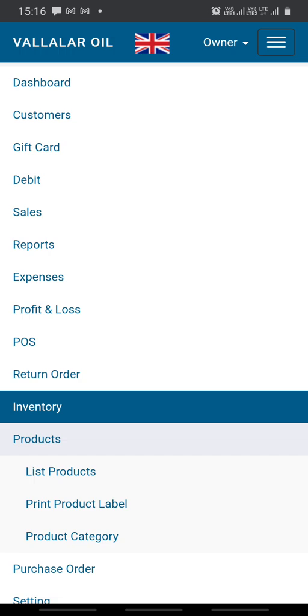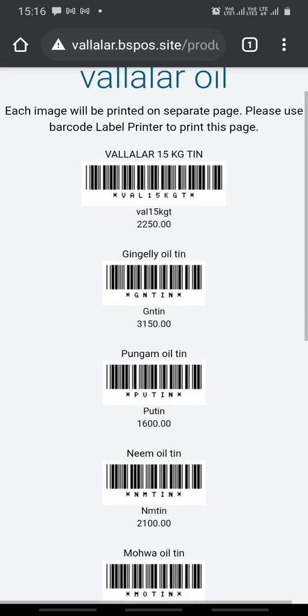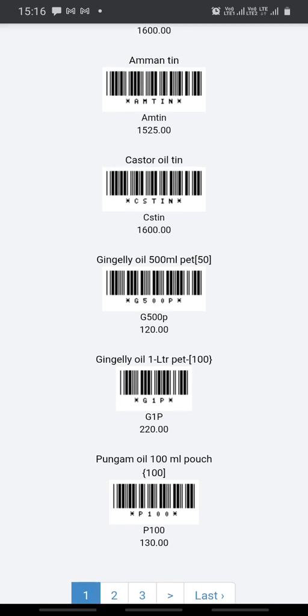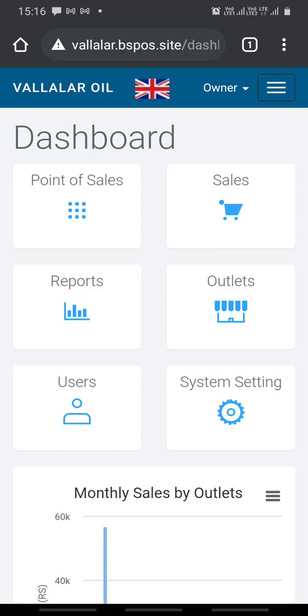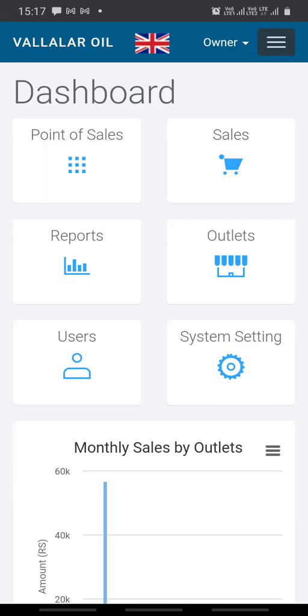Now for products, you can list the products, print the products, and export the products into Excel. You can also print barcodes through the barcode printer. This is generated through the barcode. However many products you have, the barcodes will be generated. You can print them and put them on your product list. This is the barcode printer. Through scanning you can access the barcode also; that you can do with the software.